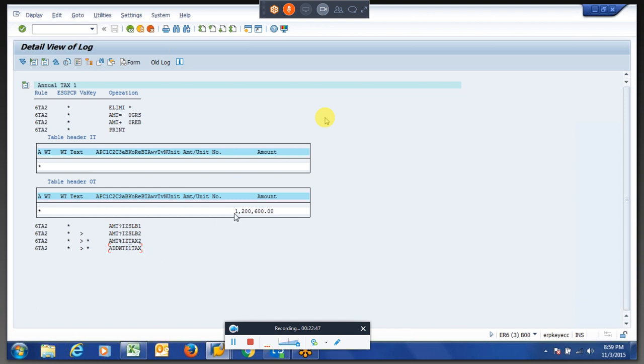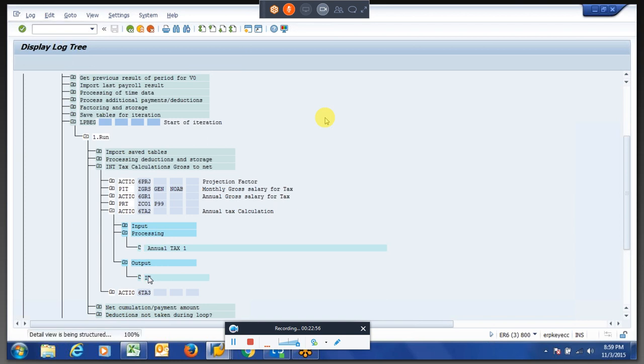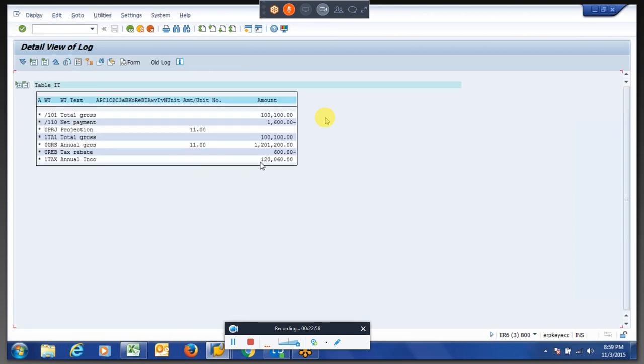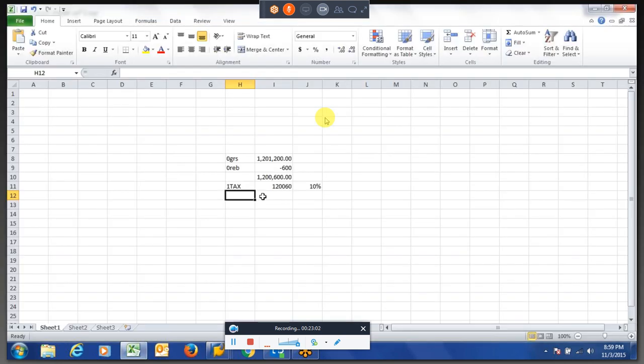Here this is the gross and this is the tax. So you are getting the output of tax of this much basing on the 10%. Right, the same value we are getting, what I said.